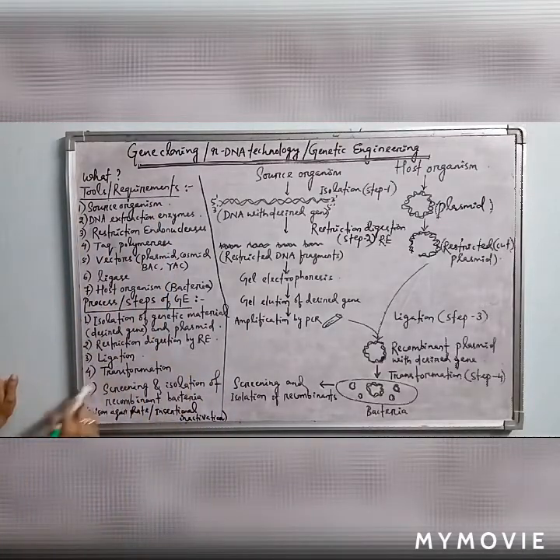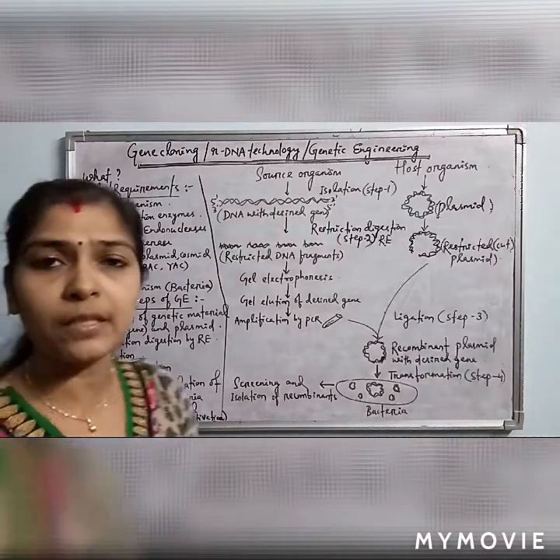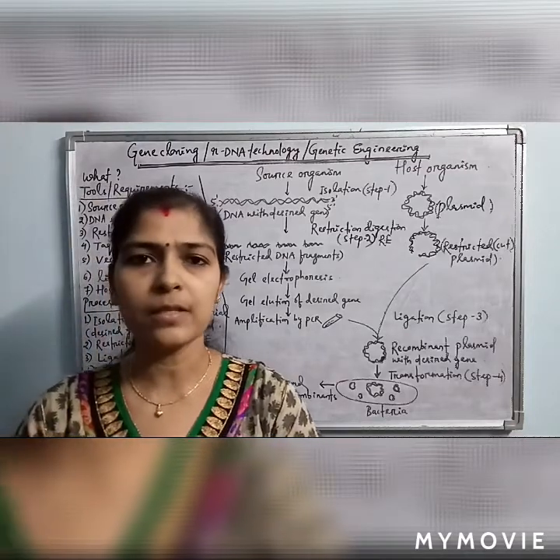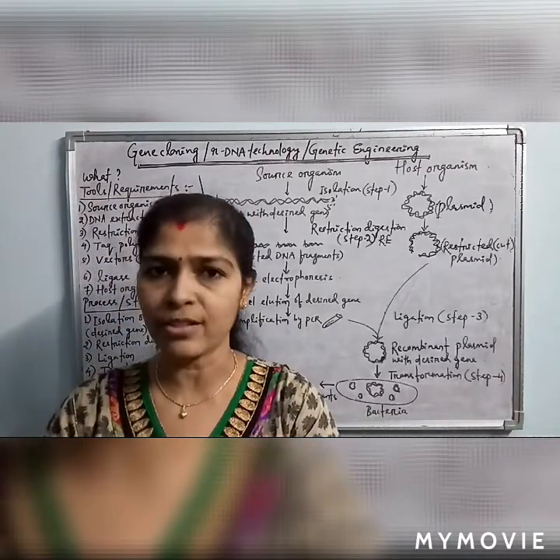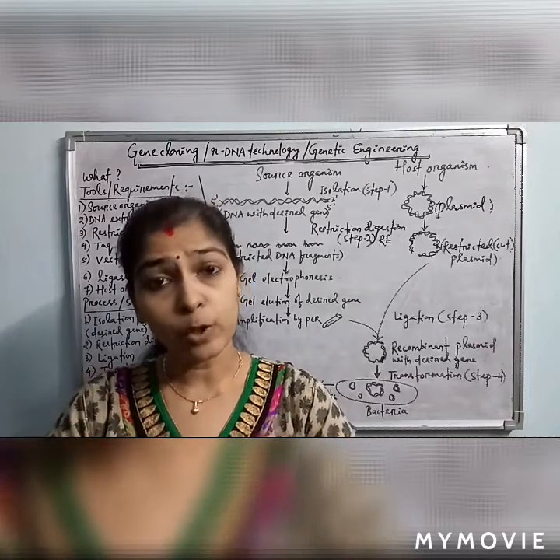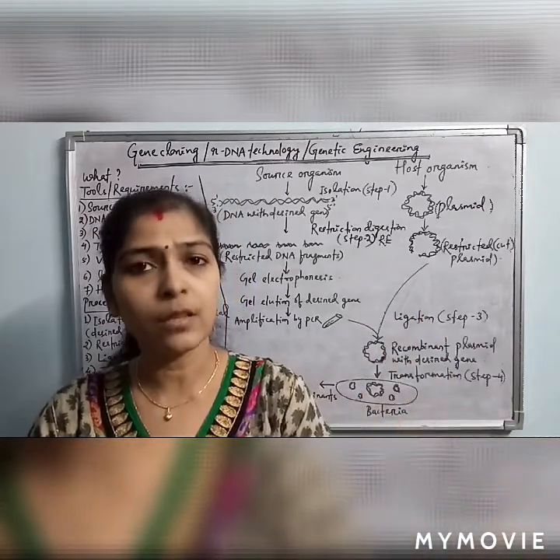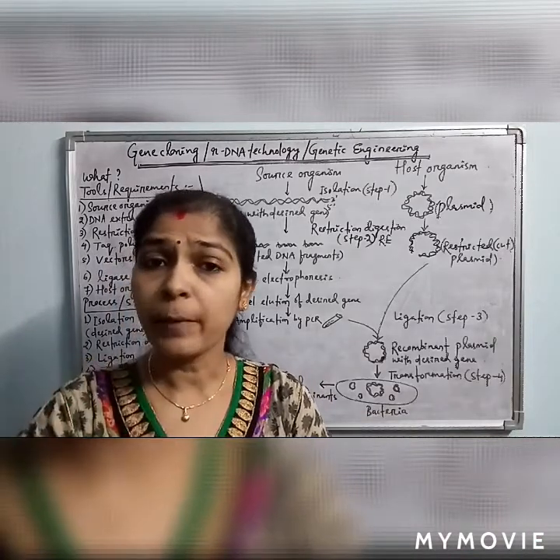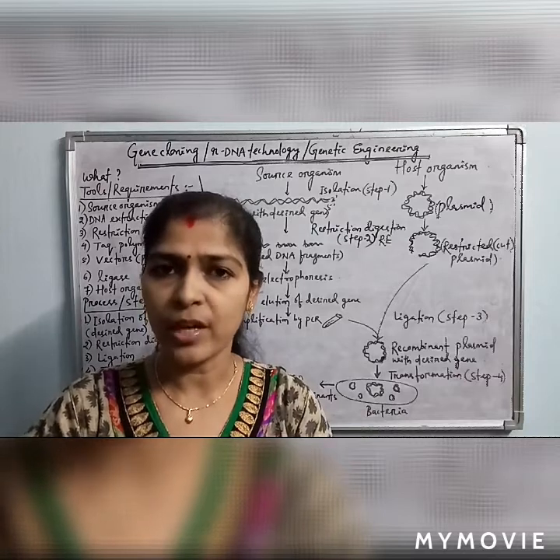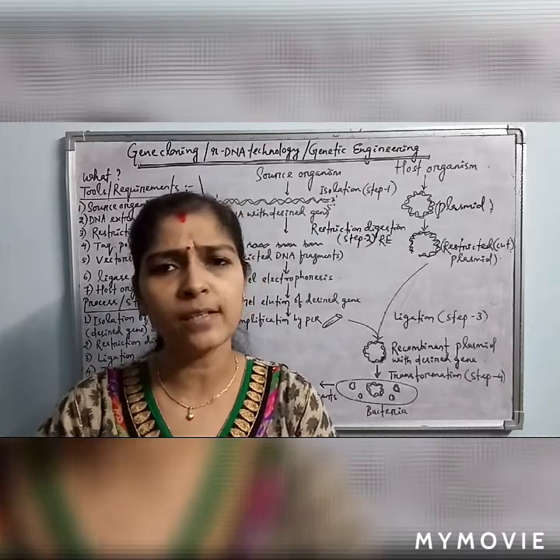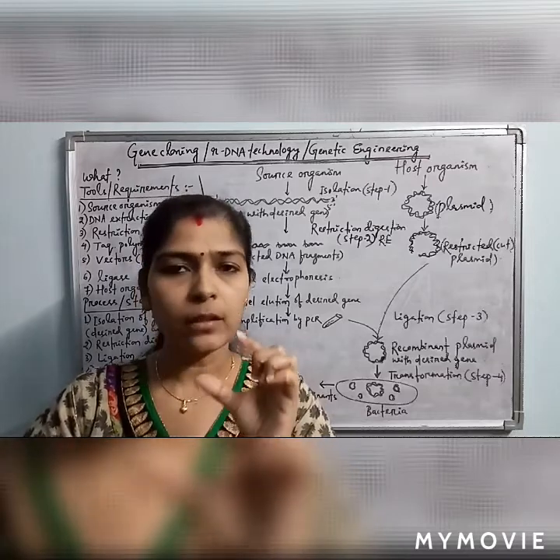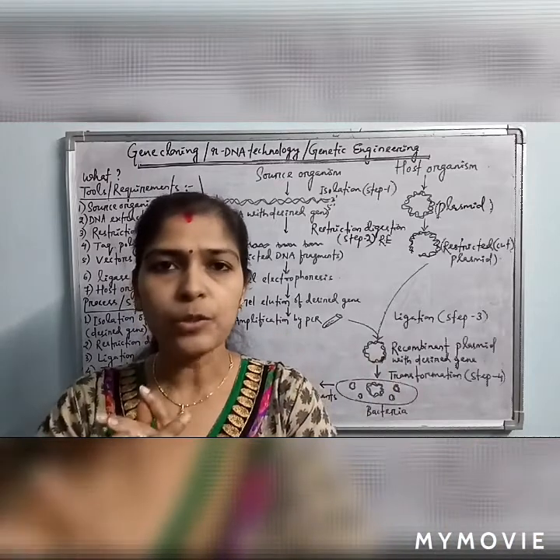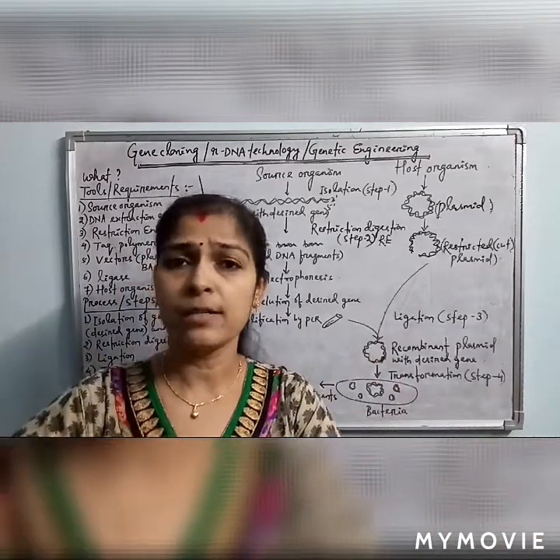So this is the restriction digestion. Then the third step is ligation, and fourth is transformation. What is transformation? I have also told you in the previous classes that transformation occurs naturally in bacterial cells, and the bacteria is able to take in any foreign DNA present in the solution where it is growing. Competent cells of the bacteria can also be made. Normally, naturally, the bacteria can take in foreign DNA from the solution, and we can also make the bacterial cells competent.